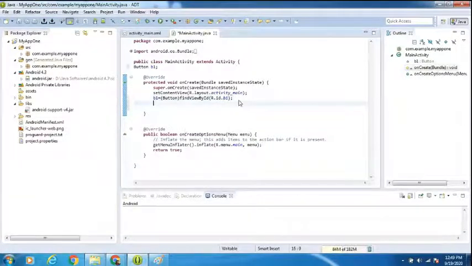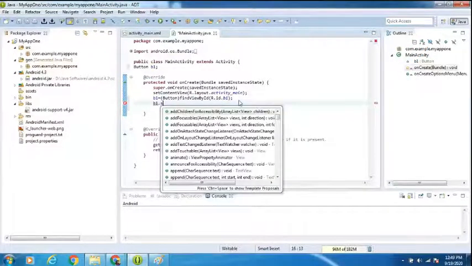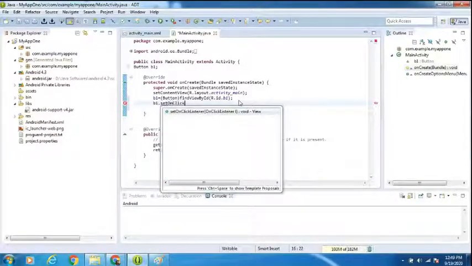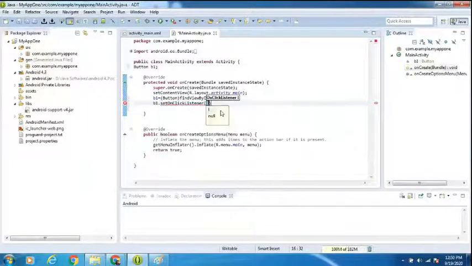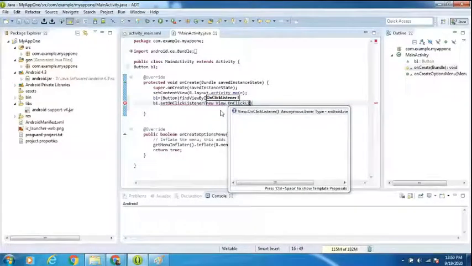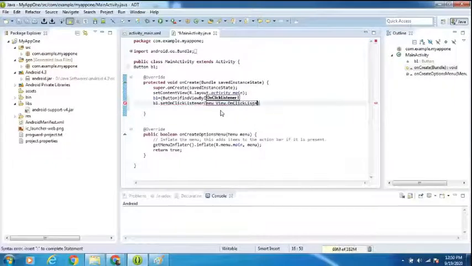After finding our button, let's go for B1 dot, our button name is B1, setOnClickListener. That means when we click on this, we call it intelligence. setOnClickListener of new OnClickListener. Like ActionListener in AWT, here we use OnClickListener for buttons.